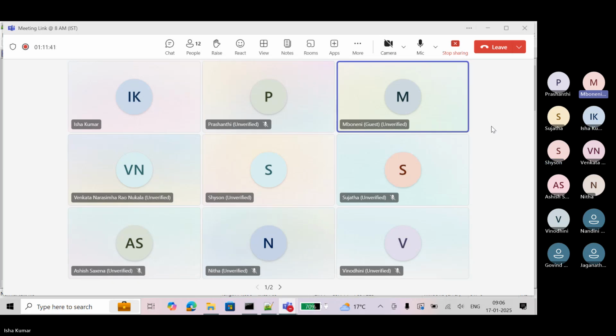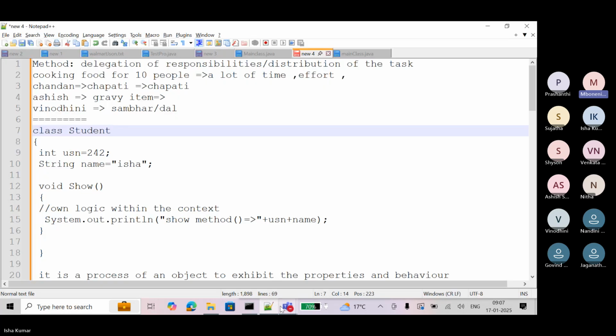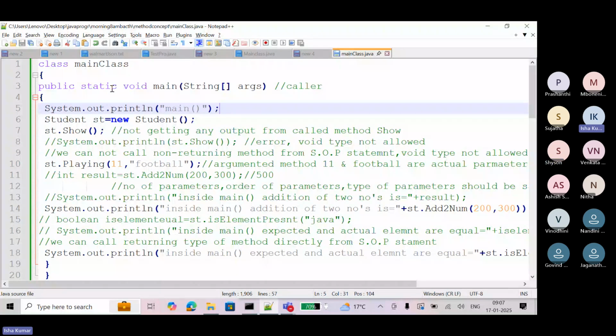So quick one: public static. Static, in this sense, you say it's a data type, right? Based on how you define the method. This is a predefined method, and this is also a method. See, now you can understand the meaning. So main is a method name, void is a non-returning type. Static means it can be accessed from anywhere. Static means at the time of loading the class only, this method will get loaded.